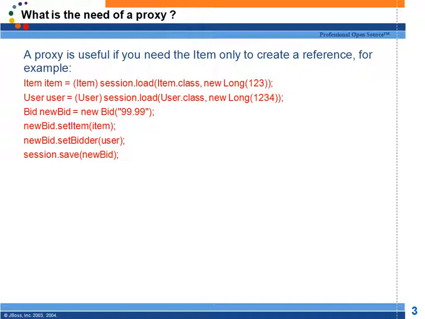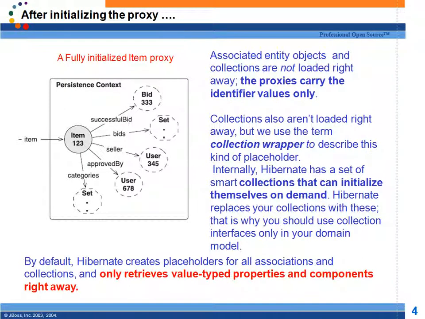Just for setting the relationship, why is it needed to fire the query? If I say session.get, it will load the whole object. So if you are loading something for just setting the relationships, then proxy is sufficient. Proxy will have the ID, right? So in these cases, proxy will be advantageous. Session.load is better. So the first point is, whenever you are loading an entity for setting the relationships, don't use session.get. Better to always use session.load. This is the first strategy. Second thing you need to understand. Let's assume, see this scenario.